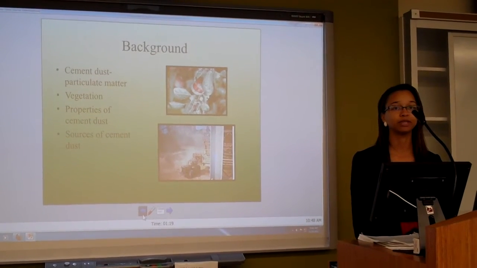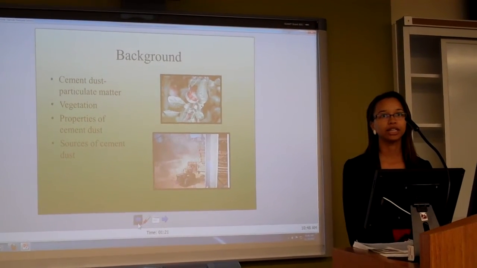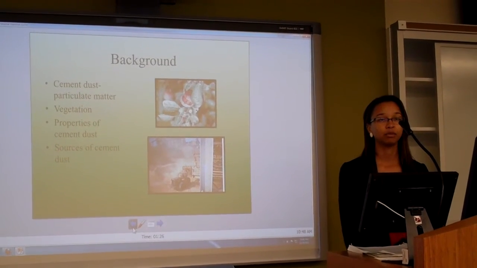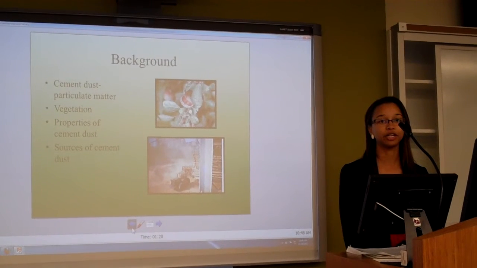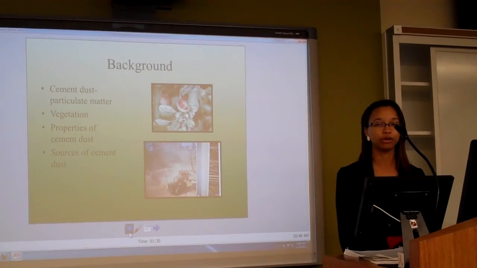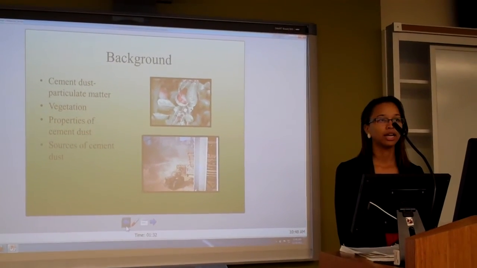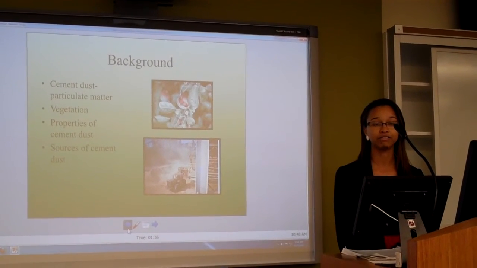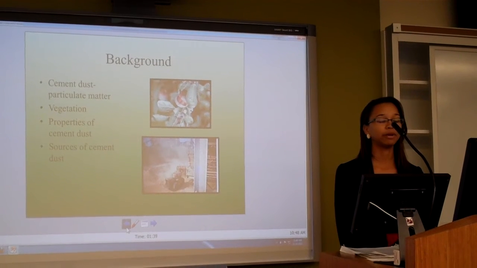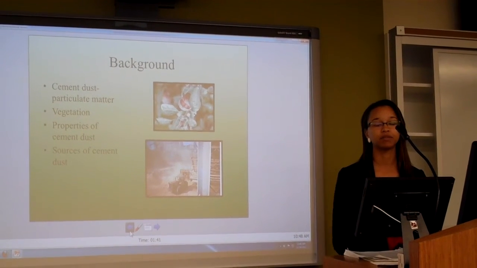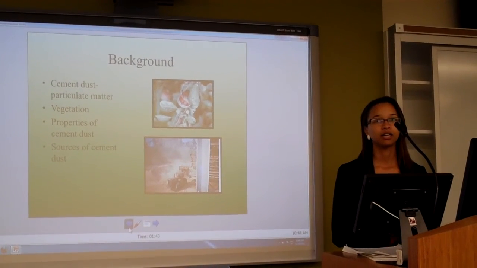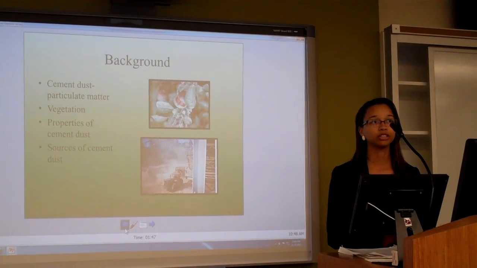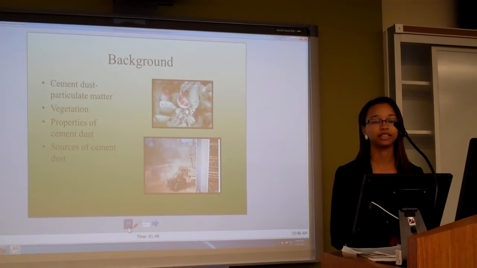Cement dust is a type of particulate matter which can be described as PM10, which means that the dust has a diameter less than 10 micrometers, but more than 2.5 micrometers. It has been known that this type of particulate matter can affect vegetation. There are many sources of cement dust, such as cement factories, construction sites, unfinished roads, but there are many articles that have been done on the cement pollution